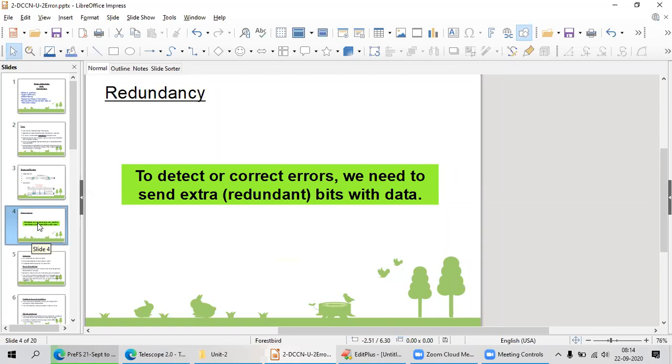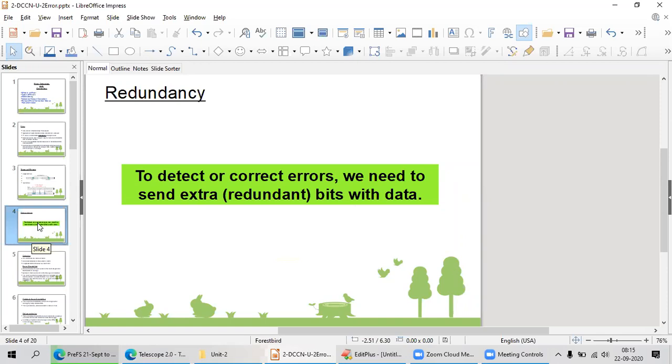Whenever I am sending some information, I need to add some extra bits to my data, so that at the receiver end I can identify that I got the proper information. To check whether I am getting exact information or not, I add extra bits to my data. That is called redundant bits or parity bits.